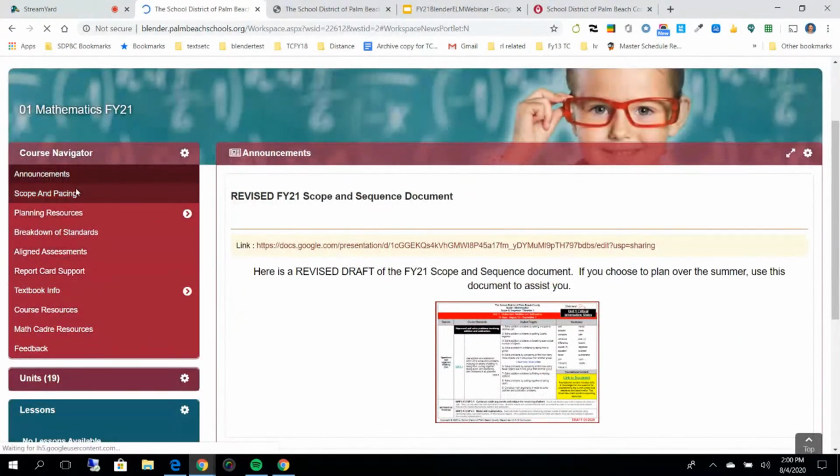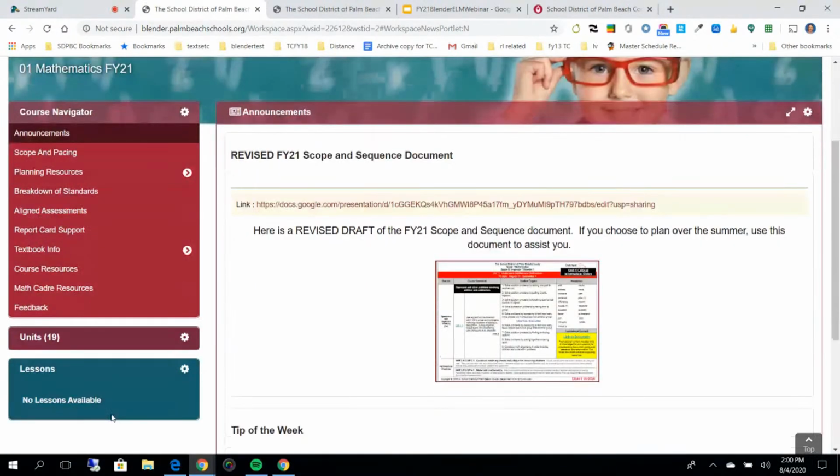So out of all those courses you find in the course catalog, when you log in, there will always be a course section, there will always be a unit section, and there will always be a lesson section. And here's a good example of a course where the lessons are not placed directly in Blender, but they might be provided on the actual unit pages. So all of them are constructed the same way. Your left-hand navigation allows you to move very quickly from a course into any particular unit. And if that unit happens to have lessons on it, you would also see the lessons appear here. So a course is constructed of course, units, and lessons.